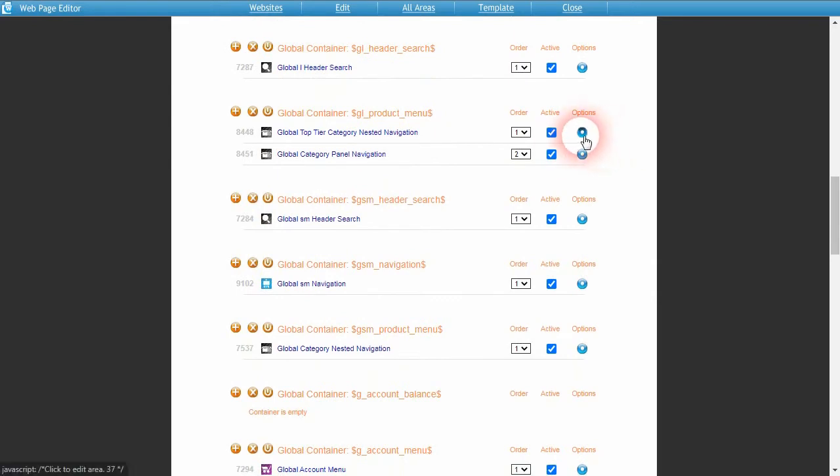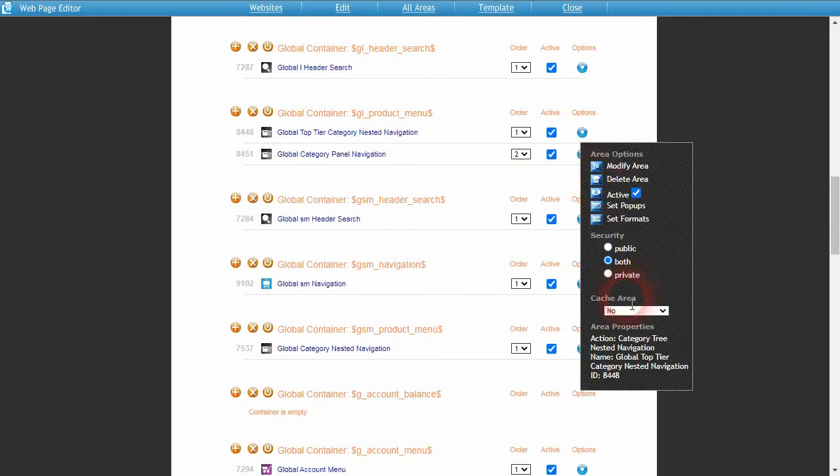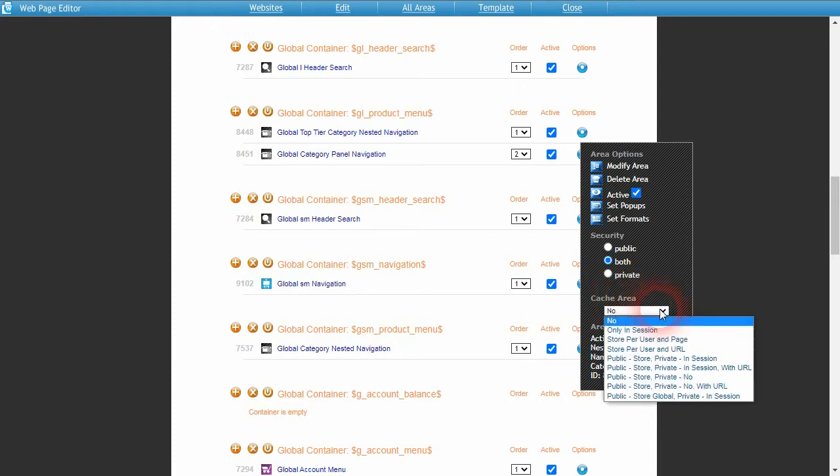If we click on the area options button, we can see a section here called cache areas that now allows us to set additional caching options against these areas. By default, caching areas is set to no. That means no caching is going on and requests will always be made to the backend to retrieve that area's